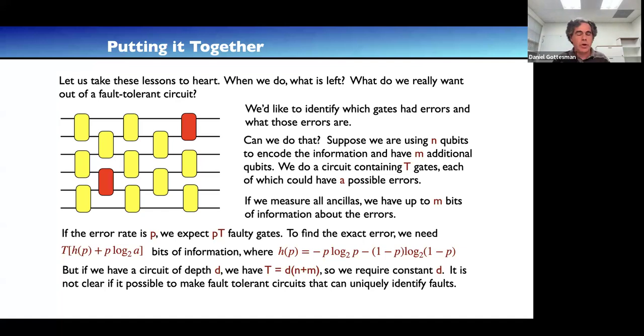And that's one of the goals of this new method of fault tolerance: to come up with fault-tolerant protocols that give us more information about when the errors were, as well as where they are, so that we can correct more robustly and deal with a wider variety of protocols.